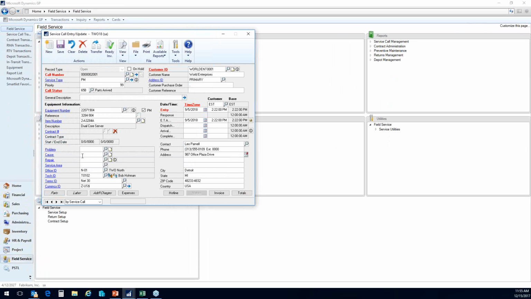Remember, the red things are required, everything else is optional. If there's stuff you don't want to use on a screen or a window, those can all be taken off, so you can clean the windows up to your own liking. If there's stuff there that you would just never use, let's just get rid of it. What you're seeing is the way it comes from the factory, so to speak, from Microsoft. But I think that's probably about all the time we have for a really quick overview of Dynamics